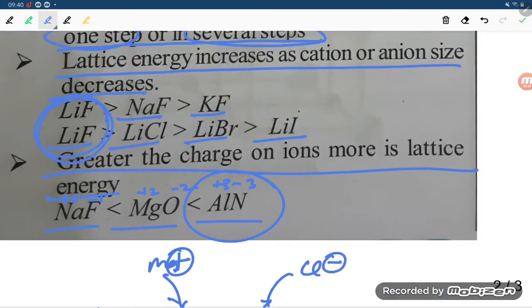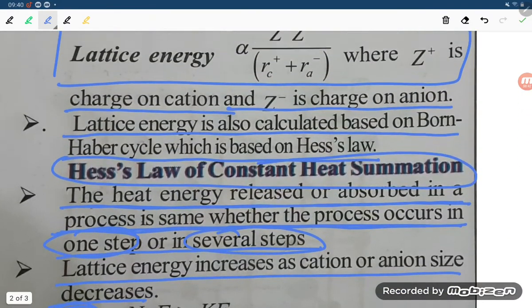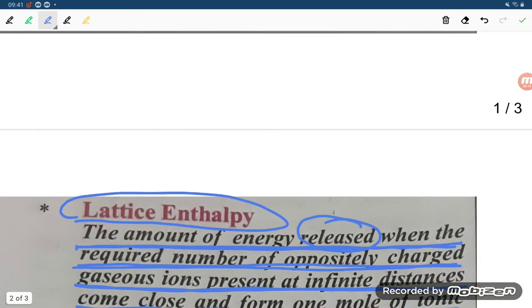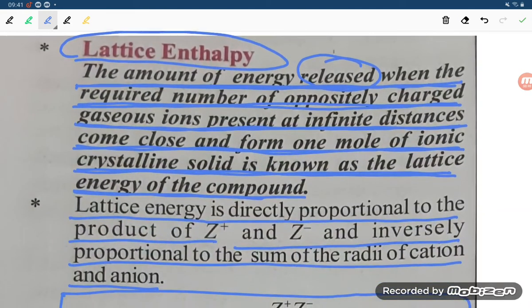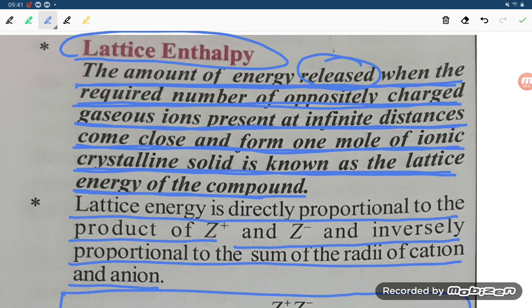So this is all about lattice energy, student. You can read the Narayana NEET book, and you will be able to understand the concept more easily. The more you read the book, the easier it will be to understand the concept. While reading books or learning from the lecture, you need to spend some time on your books, students. That will give you a deep understanding of the concept.